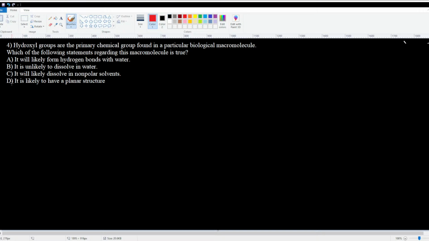So first things first, we're just going to eliminate D. We're not concerned about the shape of molecules necessarily. So there are a few shapes that come in molecules, like bent, tetrahedral, planar. We're not talking about that. So just ignore D. So that leaves us with likely to form hydrogen bonds, unlikely to dissolve in water, and likely to dissolve in nonpolar solvents. So one thing about functional groups